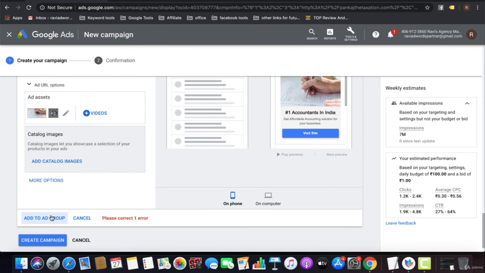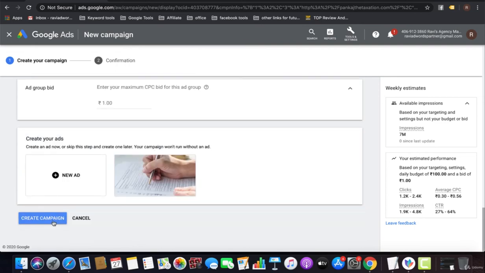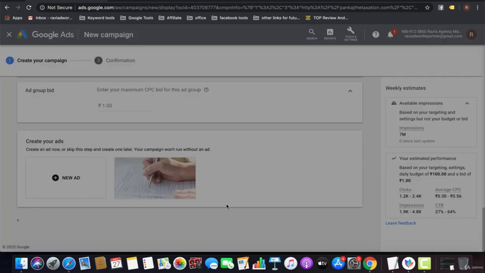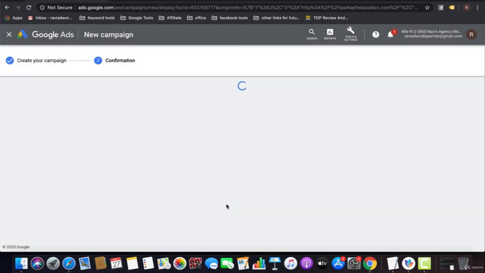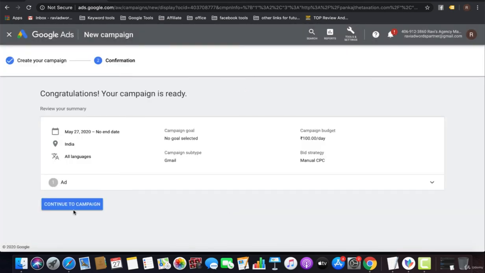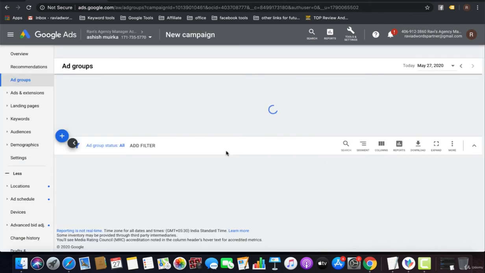I can click on add to ad group, and my ad has been created. Now click on create campaign, and your display campaign for Gmail ads has been created. So that is all about the Gmail campaign. Here you can see all the settings.